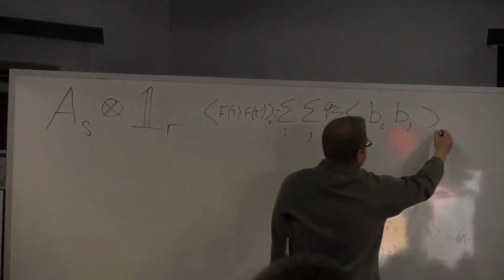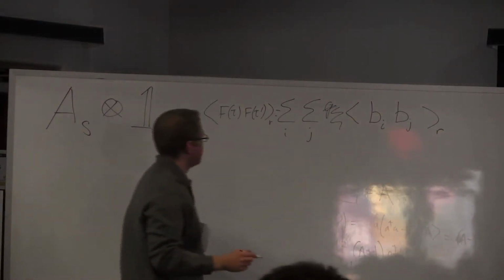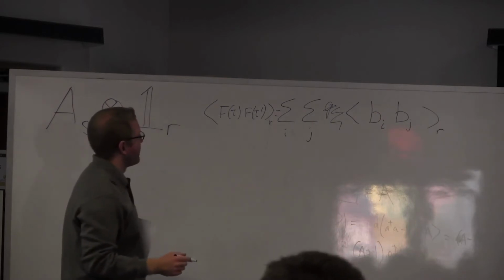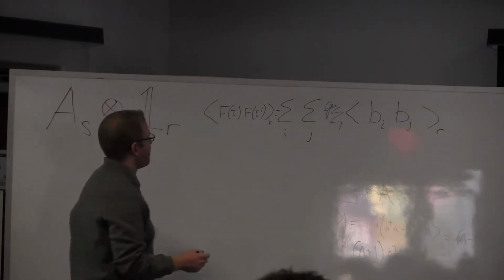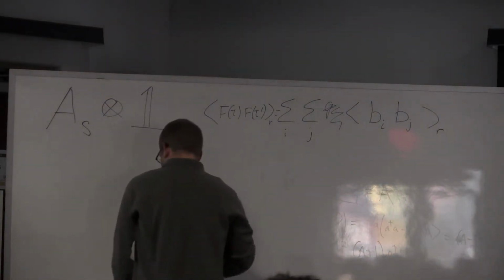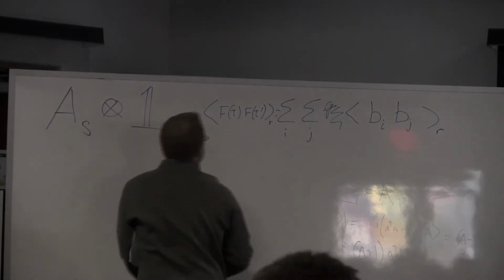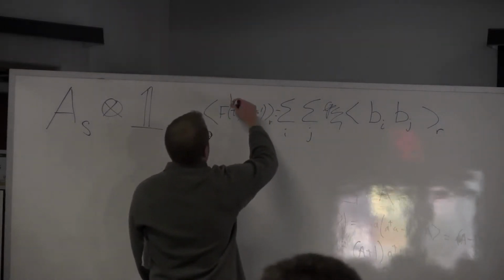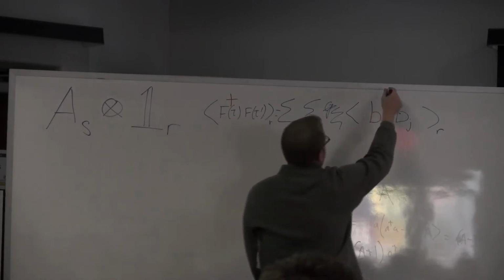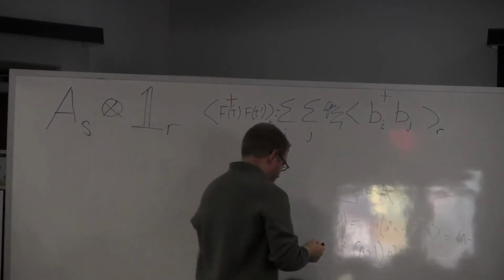Right? So these are summed expectation values in that form. Or if I put a dagger on one of them, then I get a dagger here. Well,